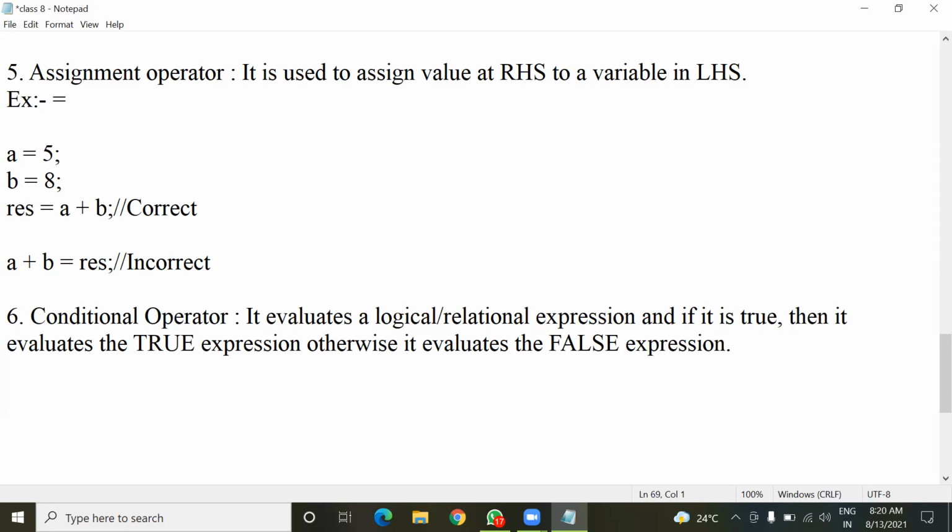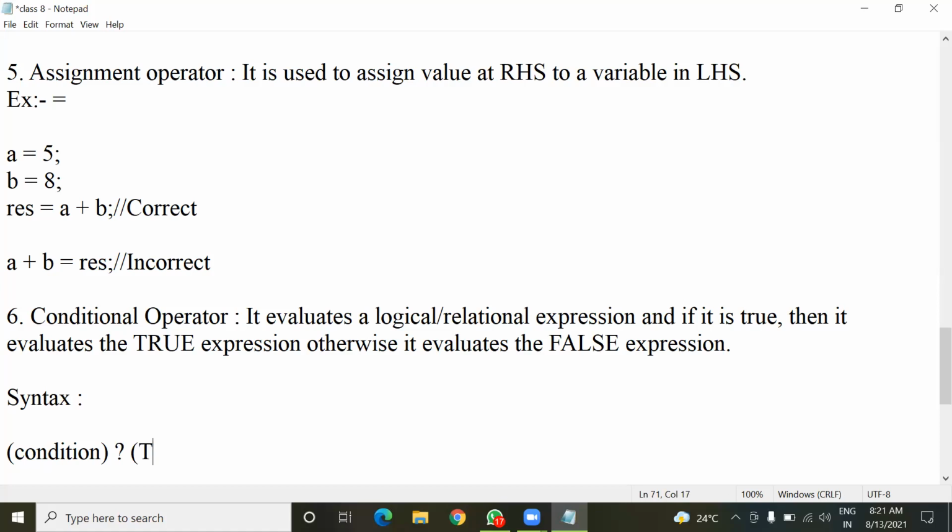So just see the syntax. Syntax means how it is used. Syntax of the conditional operator. So here in the syntax, first a condition is taken, and then this question mark is used.